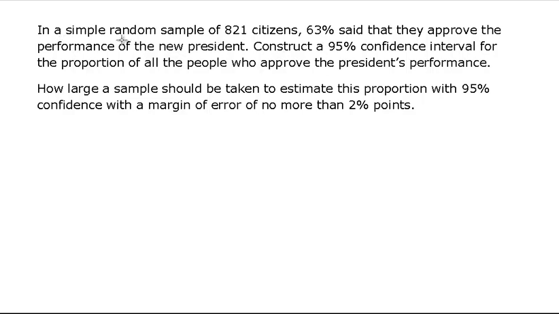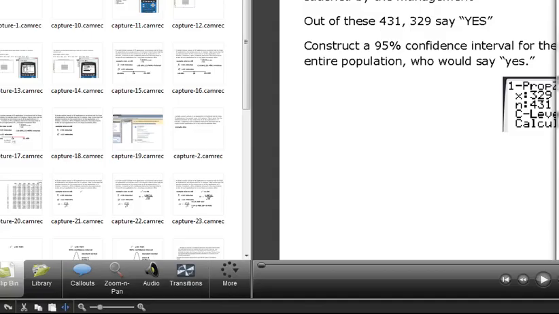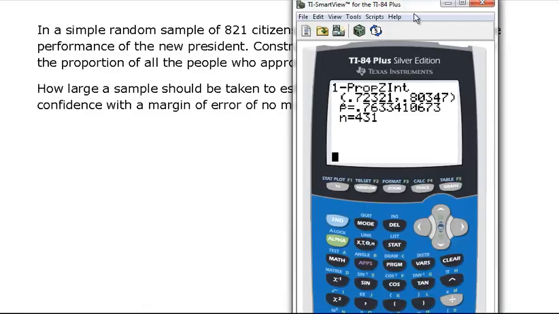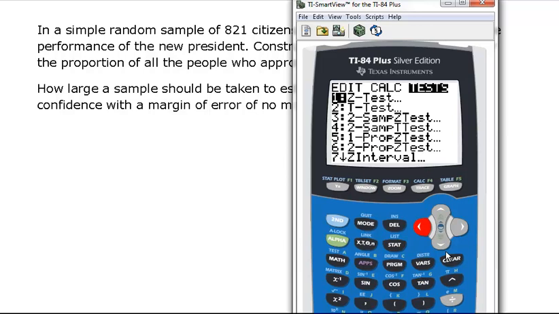Say we are looking at this simple random sample of 821 people, and 63% of them approve the performance of a new president. And we want to construct a 95% confidence interval for the proportion of all the people who approve the president's performance. So we can go in the same manner, but the thing here is this, if you recall that for one proportion